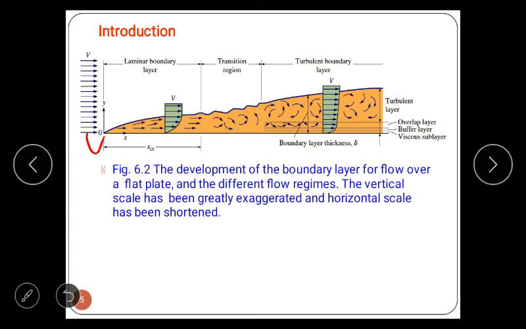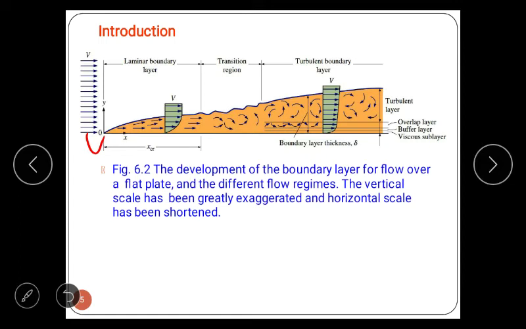Now what is laminar boundary layer? That is when a flat smooth plate is placed parallel to the direction of flow, the flow in the boundary layer is laminar, though the main flow is turbulent, near the leading edge of the plate. This layer of fluid is said to be laminar boundary layer. Now turbulent boundary layer, we have also discussed the turbulent boundary layer, and there is one more, laminar sublayer.